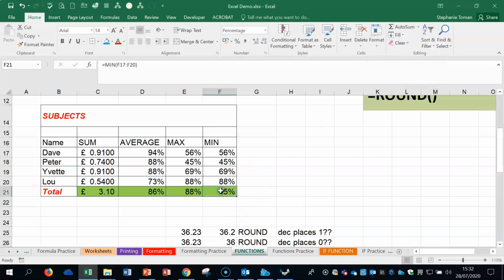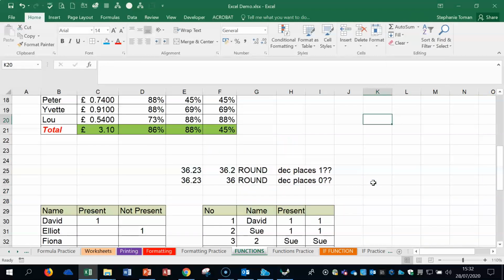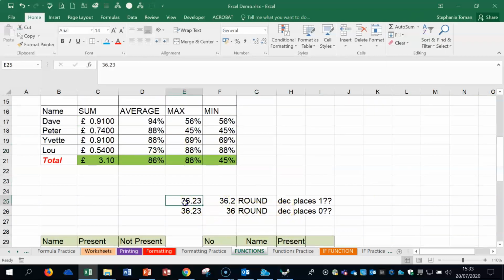So if I went in there and I deleted that, I could go in here, pick up the min, and it's automatically even picked up the data, enter, and it's done. So if that's the way you want to do it, that's absolutely fine in the test. Enter. Okay. When it comes to round, if we look at this figure here, we've got 2 decimal places, so